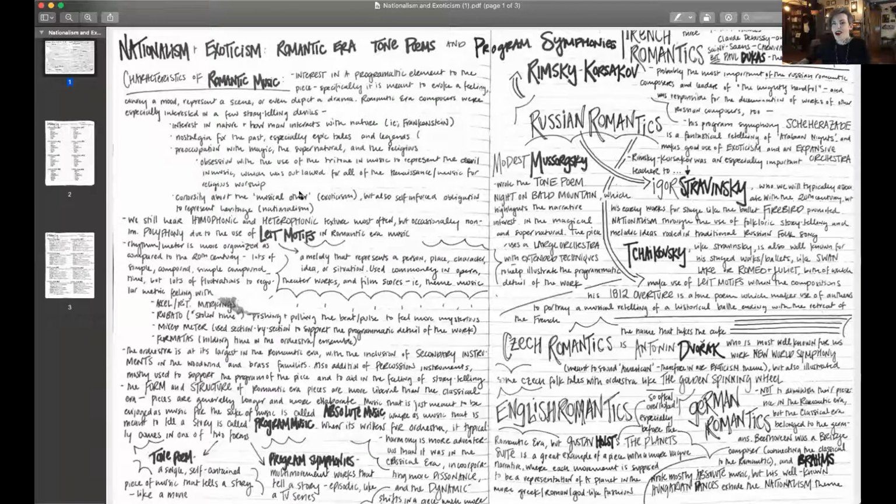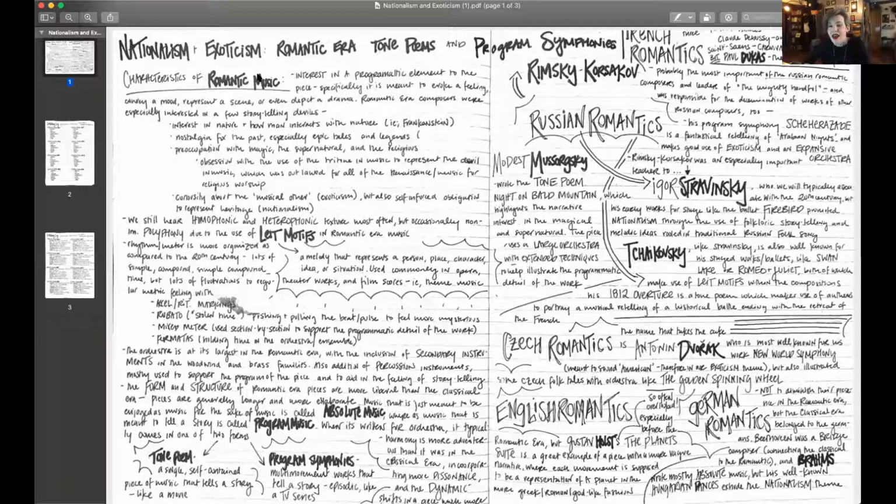Perfect. I'm going to go ahead and pull up my lecture notes, and we're going to talk about the general characteristics of music in the Romantic era, especially as it applies to the performing ensemble, the orchestra. All right, here are the lecture notes for today's lecture, Nationalism and Exoticism. We're, like I said, taking a look at tone poems and program symphonies from the Romantic era. Characteristics of Romantic era music. The first thing that we're going to generally hear in Romantic era music is a tendency to have a programmatic element within the piece of music.